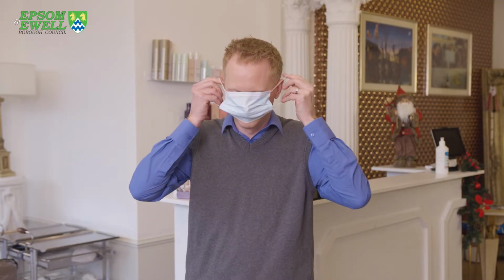Staff should wear both a clear visor or goggles and a Type 2 face mask. A Type 2 face mask is like the one that I'm wearing. It's a medical face mask that stops large particles from reaching the clients or surfaces. Staff should be provided with training on how to wear face masks safely. The mask must cover the mouth and nose. They must not be allowed to be worn under the nose,